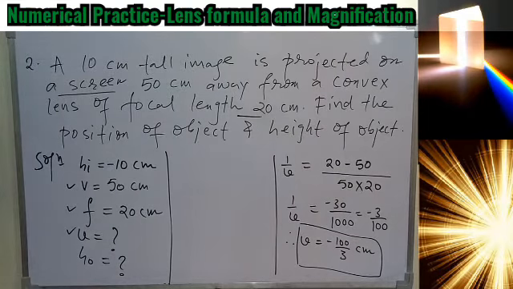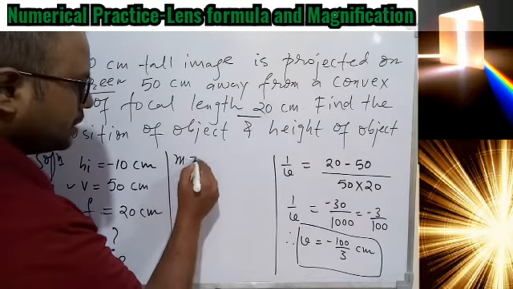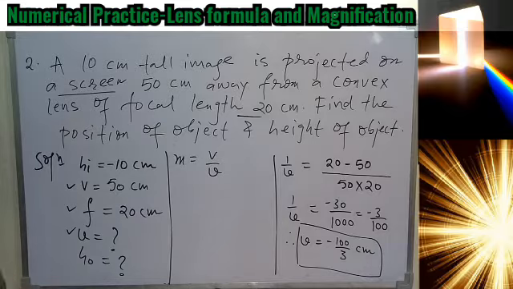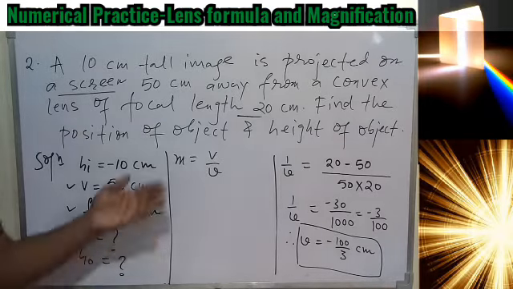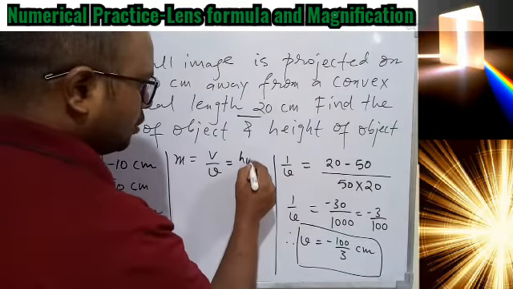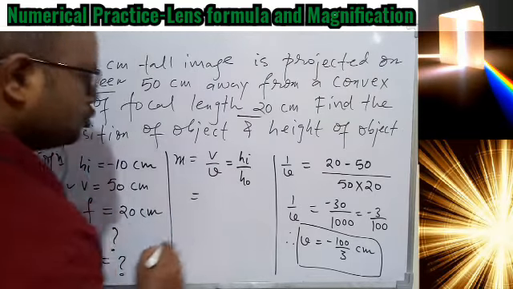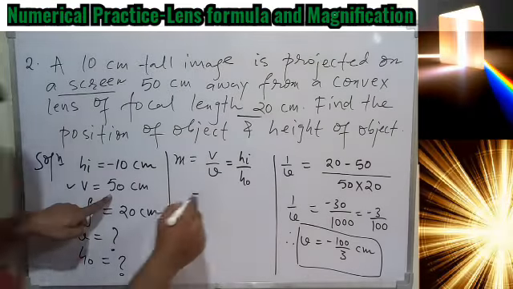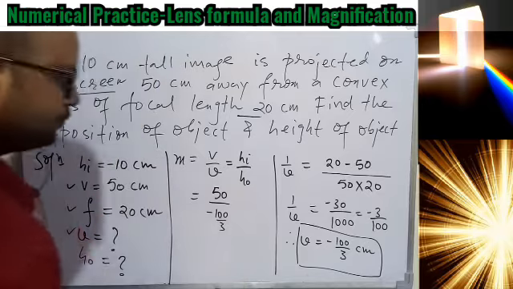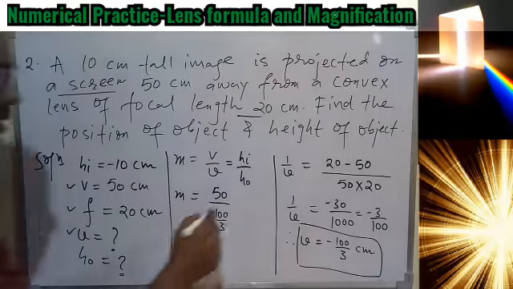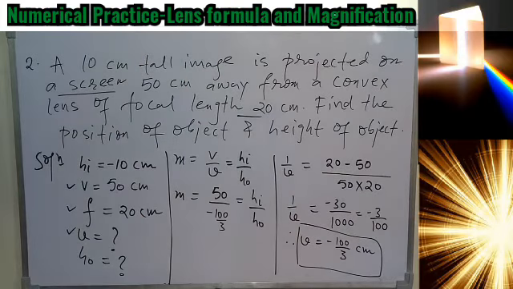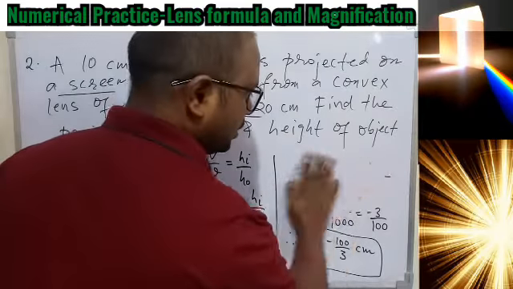Now we have to find the height of the object. So now we know magnification is v upon u, because whenever we have to find the height of the object or height of image, we must take the help of the magnification formula, and that is also equal to height of image by height of object. So here we have v 50 and u is minus 100 upon 3, that is m, and that will be equal to height of image by height of object. Let's solve it and get the answer. Now we don't need this one, we have already done it.